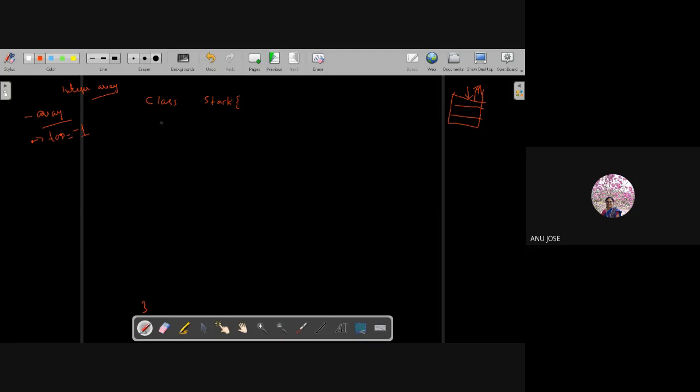So I am just writing it. Anyway, it is accepting only integer values. I am writing top is equal to -1. That is the initialization. Then I also have an array. How can I create an integer array with the name S? Tell me the syntax.